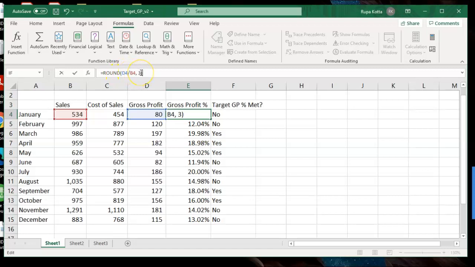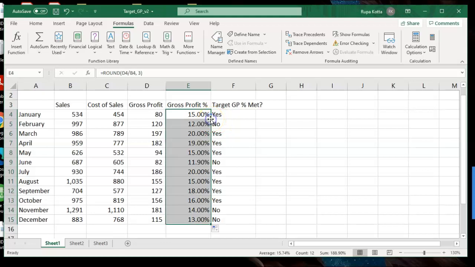If you want to round it up by 2 digits, you put 2. If you do not want to round up at all and only want whole numbers, then you can put 0 here and so on. So round the formula, whatever you are using, comma, the number of digits you want to round it up to. Now say enter, and you can see this one, which was 14.98% previously, becomes 15%, and your answer has also changed. Do the same for the remaining also.